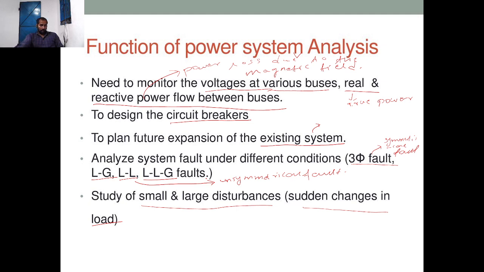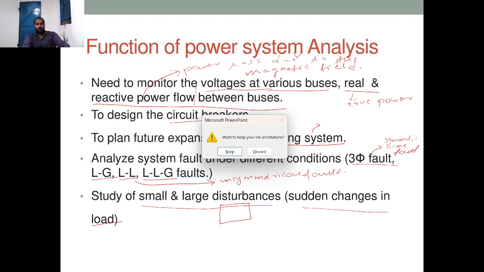For that, the power system stability analysis is very important in the power system analysis subject, right? So when the system goes into the unstable mode, automatically it should come back to its normal stability state, right? If not, you can say the system is not stable, right? So we have to maintain the stability under the